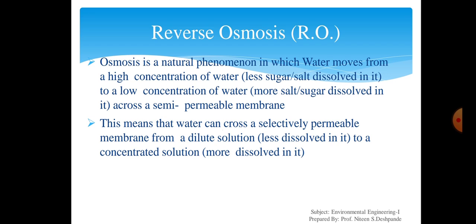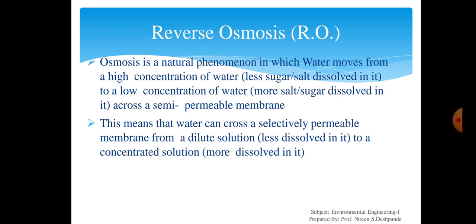Osmosis is a natural phenomenon in which water moves from a higher concentration of water, that is, less sugar or salt dissolved in it, to a lower concentration of water, that is, more salt dissolved in it, across a semi-permeable membrane. So this means that the water can cross a selectively permeable membrane